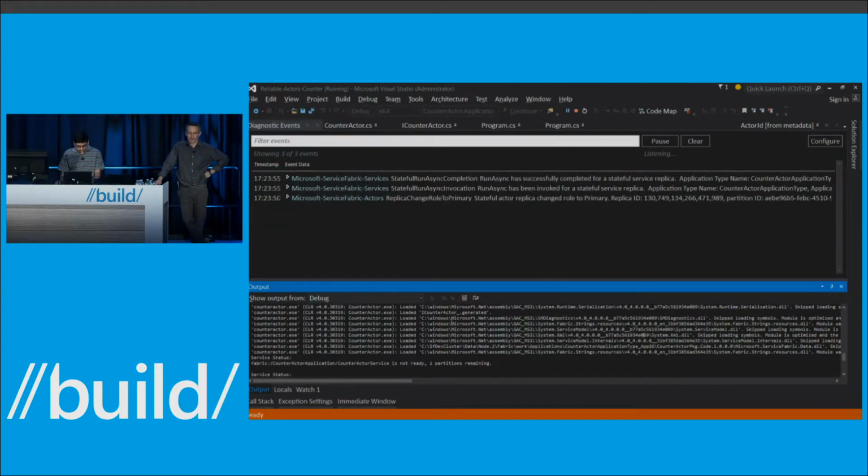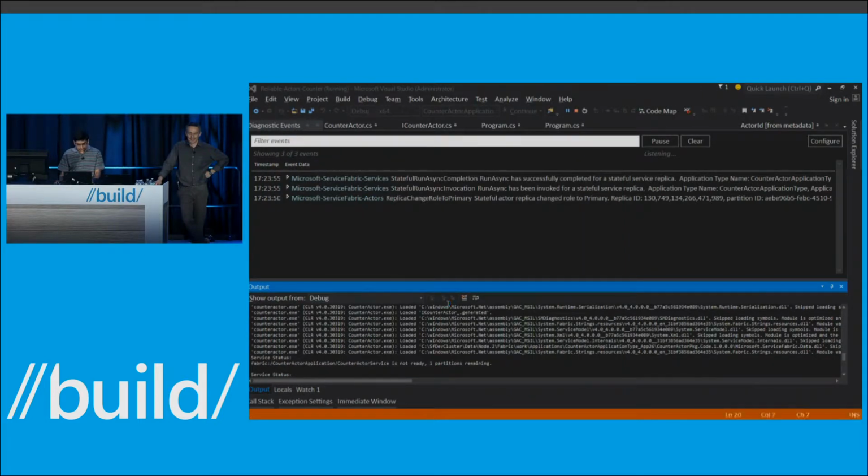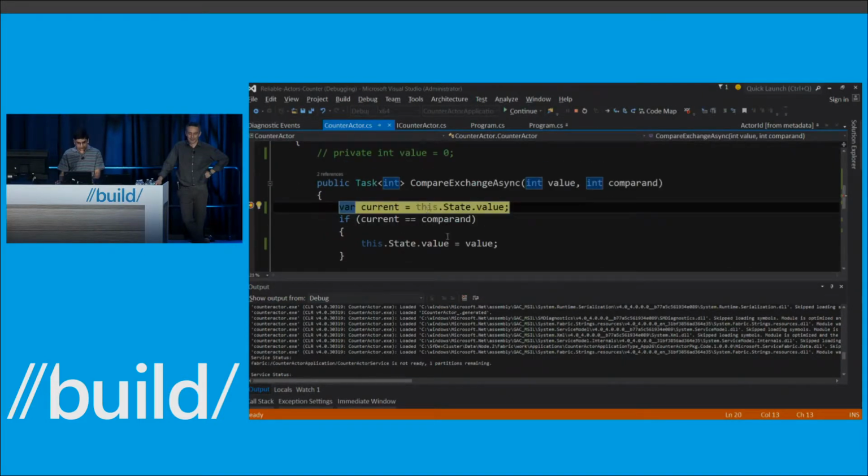See that fast deployment time? And our breakpoint is hit. So the client is saying that I want to set a value of 1, and the previous value was 0, which was true because we just activated this actor. So I'm going to press F5 again. We know that the client does this in a loop, so it will come back and say, hey, why don't you set the value to 2? The previous value was 1. So I'm going to remove the breakpoint, let this go, and detach the debugger.